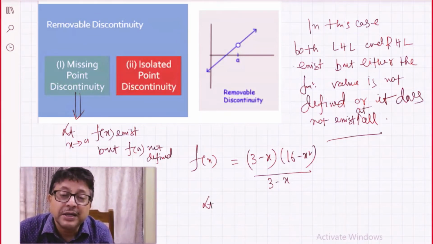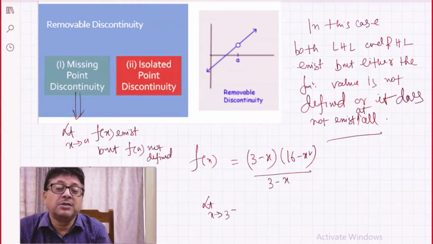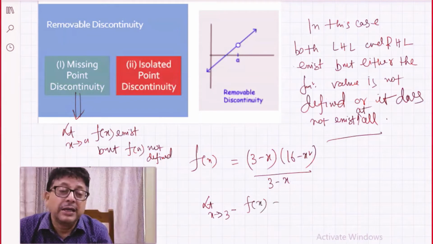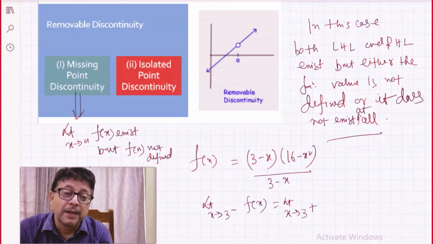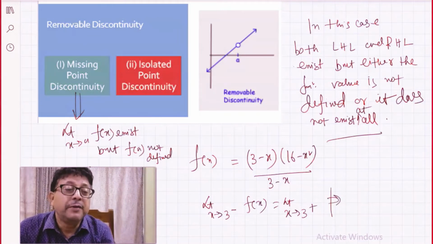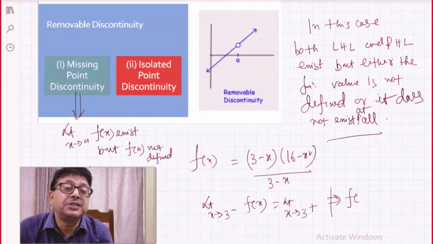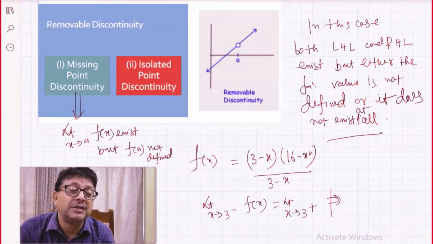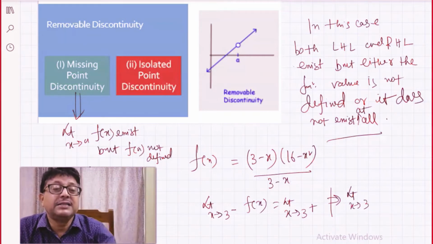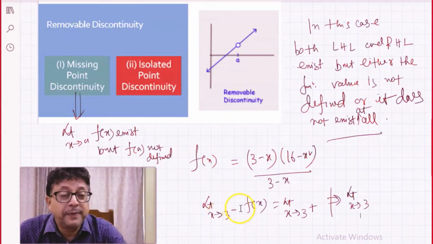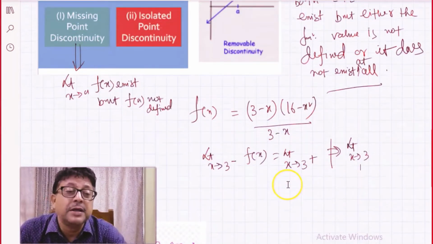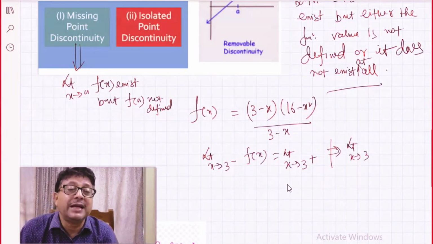You calculate limit x tending to 3 minus of f(x), or limit x tending to 3 plus, or simply you find limit x tending to 3. Let's see whether it exists or not. Limit x tending to 3. Does it exist? If you find left hand limit, right hand limit, there is no difference, because in both the cases this will get cancelled. So let us